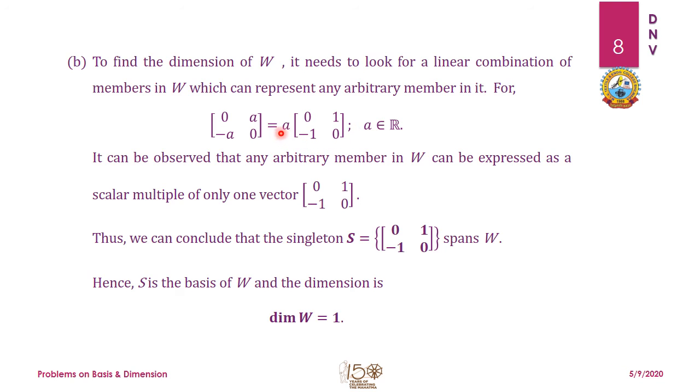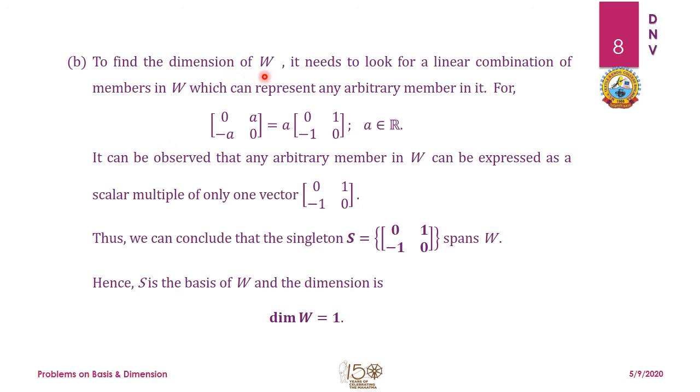So we can see that this arbitrary A can generate so many arbitrary elements in it. So the single element is generating the entire set W. So we can say that this is a singleton set consisting of only one element S equal to 0, 1, minus 1, 0. It spans W, and hence it is the basis for